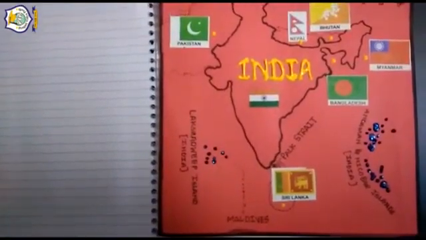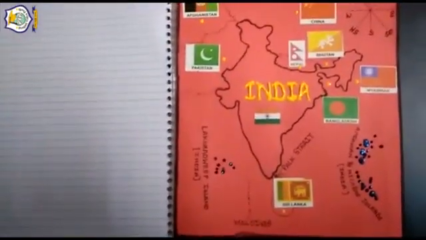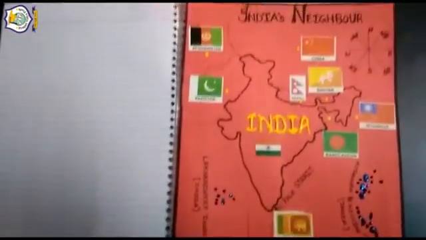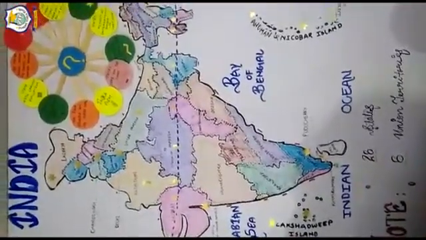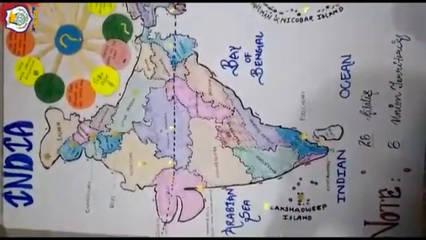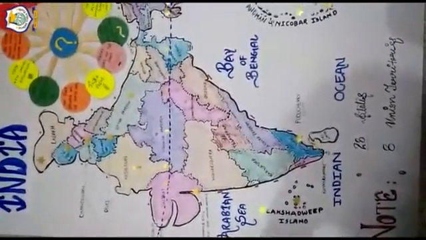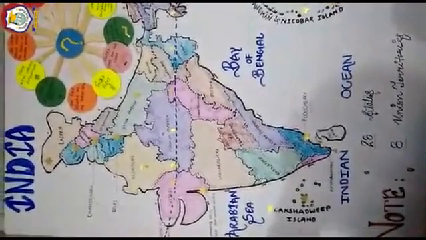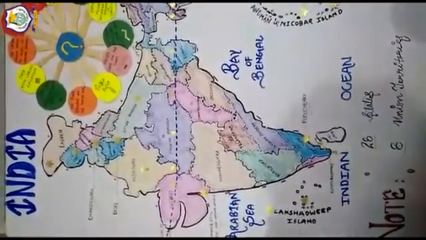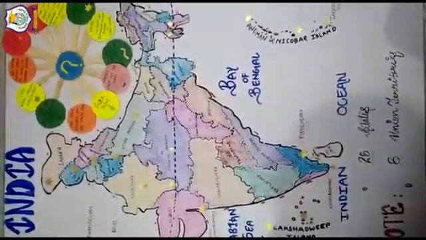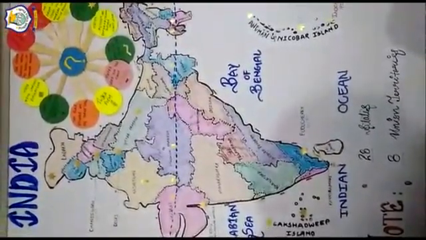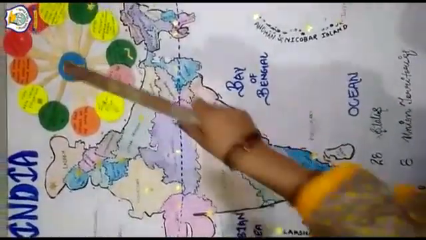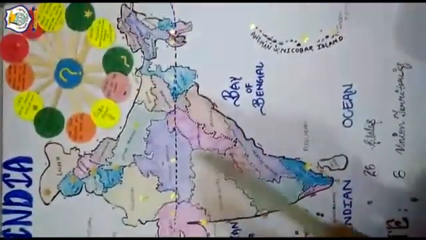Now we have completed Geography Chapter 1, India, Size and Location. Hello everyone. In the last 3 lectures, we have completed the theoretical part of India, Size and Location, Geography Class 9. In this lecture, we will discuss map work, which is mentioned in your NCERT book. So, these are the questions which we will plot on the map.